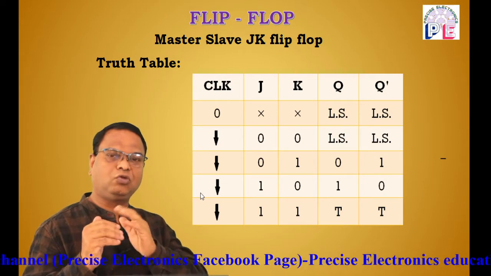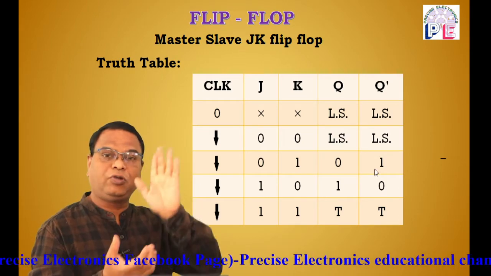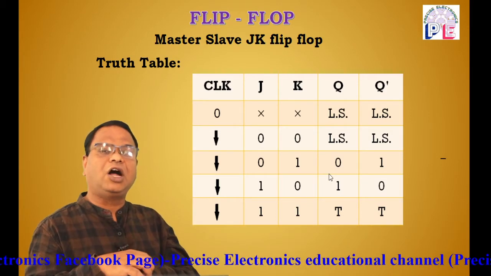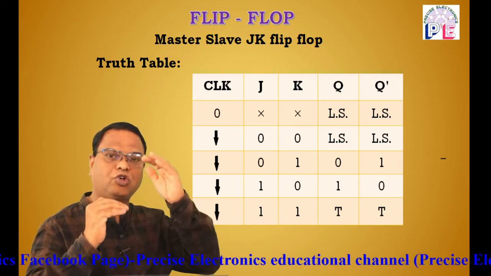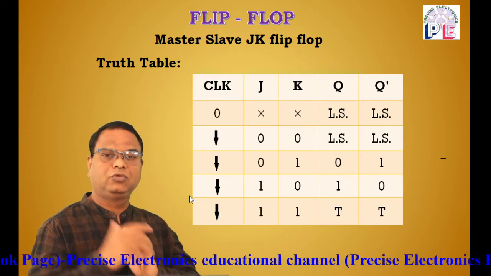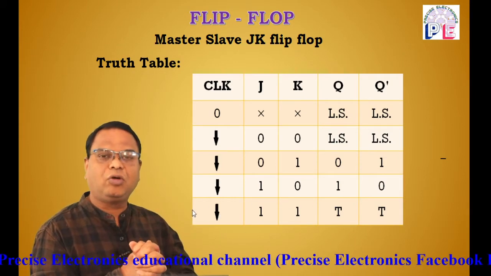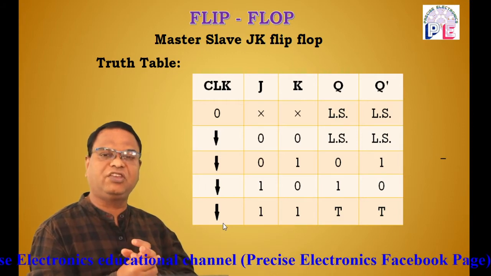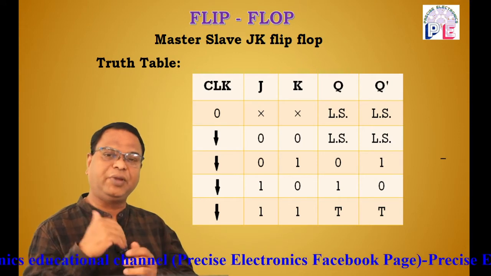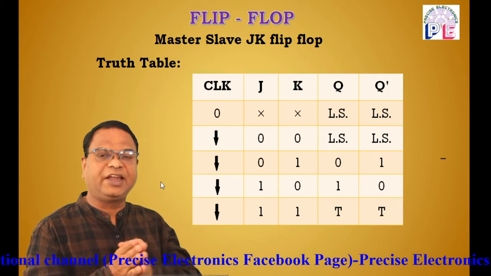When the clock pulse is at the negative edge, J input is high, K input is low, the set pulse is applied to the flip-flop, due to which the flip-flop goes into set mode, and hence the output becomes Q equal to 1, Q complement 0. Set. Once again, when both J and K inputs are high, the flip-flop is in toggle mode. It continuously changes its state between 1 and 0, hence it is known as toggle mode, and that is indicated by T.